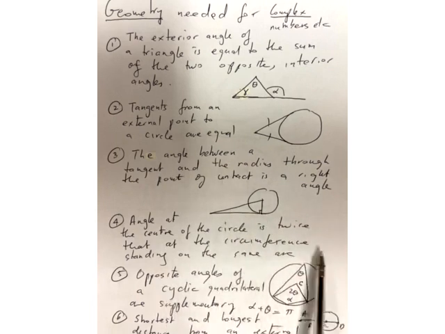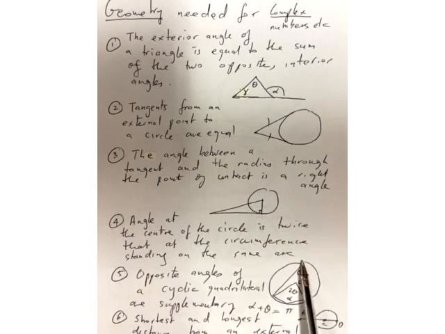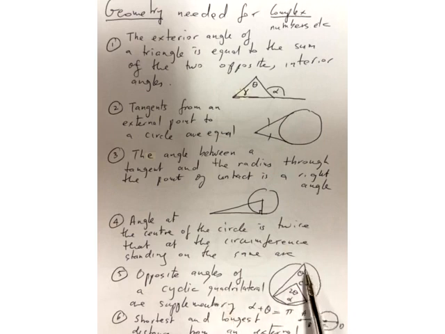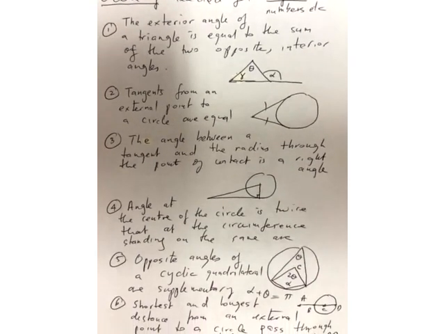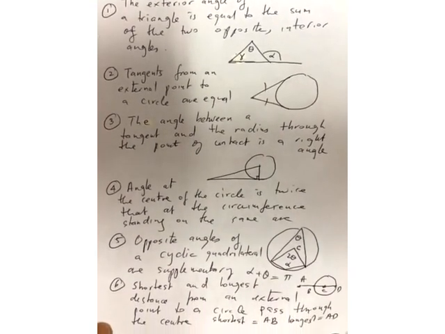The angle at the center of the circle is twice that at the circumference standing on the same arc, so that one at the center is twice that at the circumference. And opposite angles of a cyclic quadrilateral add up to 180 degrees, or they are supplementary, or they add up to pi in terms of radians. This is called a cyclic quadrilateral, by the way, in the old course, as in circuit geometry that you learn in Year 10. And the last one you don't learn in Year 10,